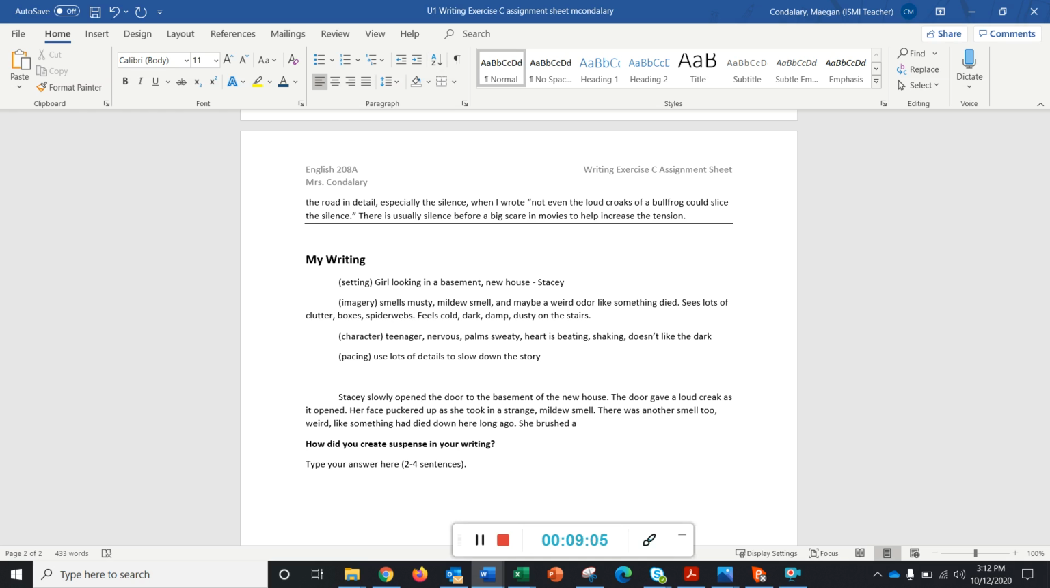She brushed, so we've got some cobwebs. So maybe she brushed aside some cobwebs as she began to walk down the stairs, step by slow step. Let's make them wait, right? All right, what else? She could feel the chill in the air because it's cold, right? Maybe it's like a damp chill. She could feel the damp chill in the air as she went further down